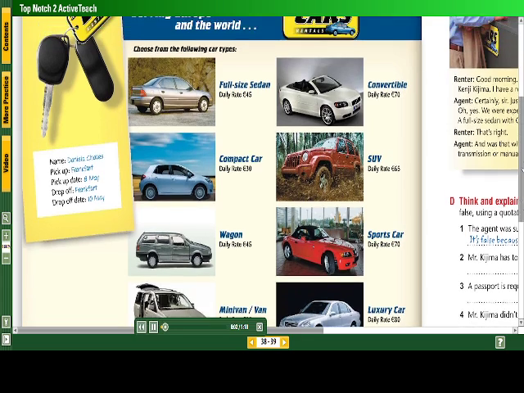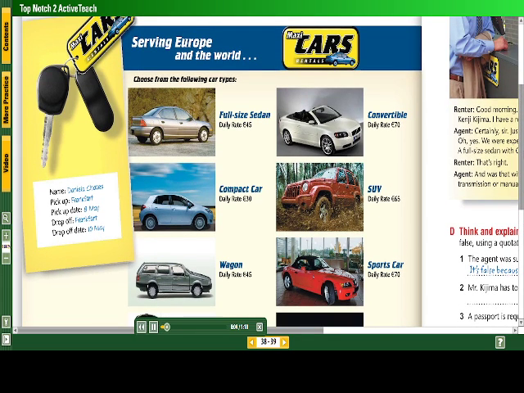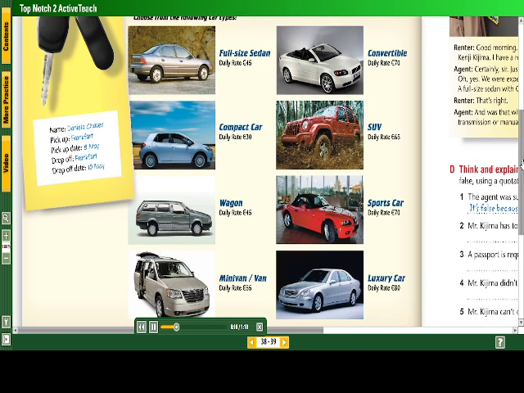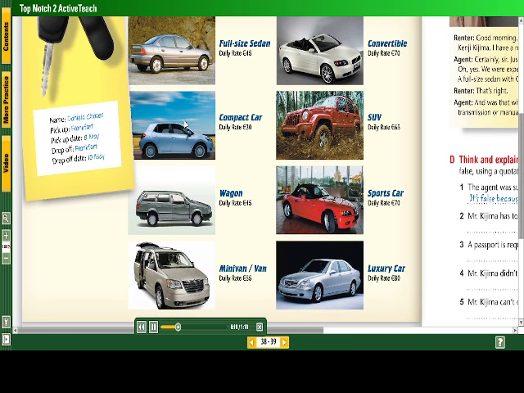Page 38. Exercise A. Vocabulary. Car types. Read and listen. 1, A full-size sedan. 2, A compact car. 3, A wagon. 4, A minivan.